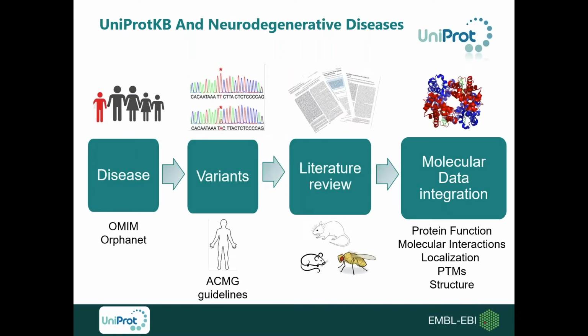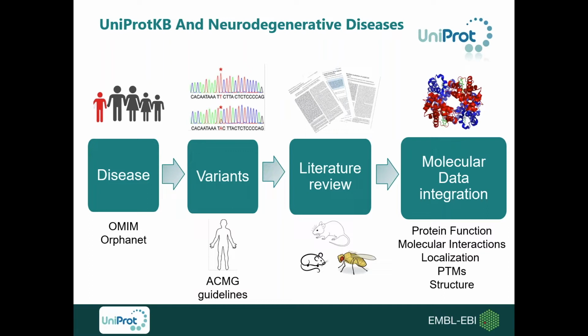For the current curation project, our curators have identified relevant neurodegenerative diseases by literature search and search on disease-dedicated databases such as OMIM and Orphanet. We then annotate disease-associated variants found in patients and assess their pathogenicity based on guidelines by the American College of Medical Genetics and Genomics. We review the relevant literature for those proteins involved in neurodegenerative diseases